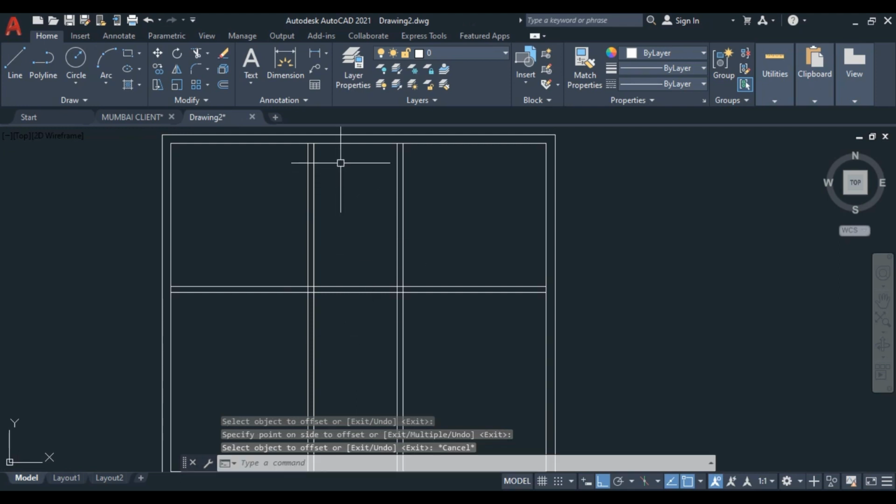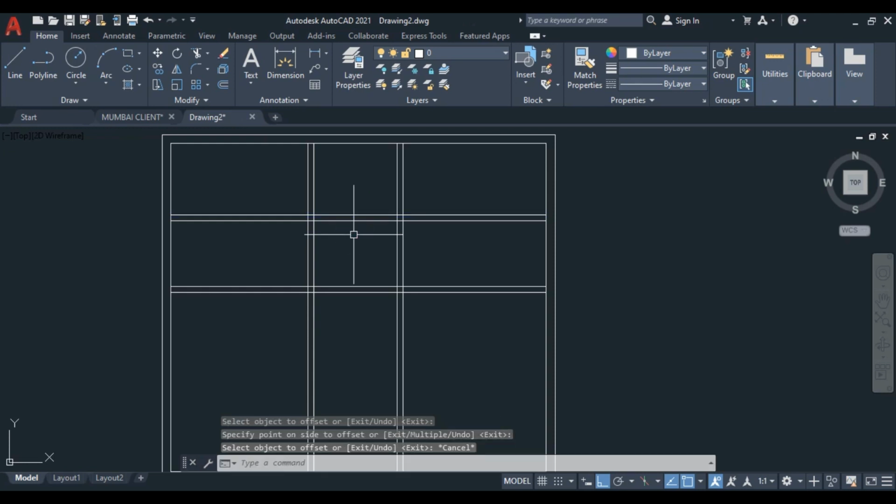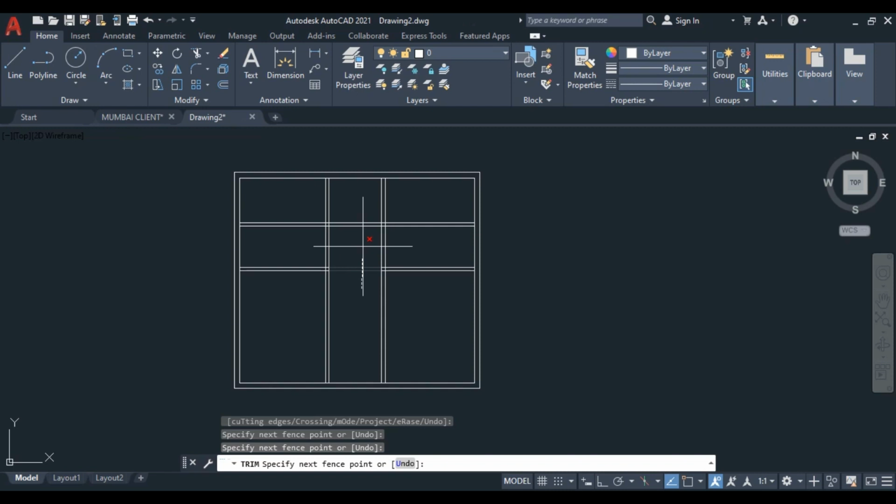Okay, now we'll also make the wall for the bathroom. So offset, I take 6 feet, press enter according to the requirement. I just click here, and again we'll take offset 6 inch. I just click here. Alright, now we don't want the extra line, so just simply trim this. Okay, so trim this, trim this, trim this. This is bedroom, this is bathroom, this is another bedroom. So we'll go further. Okay,